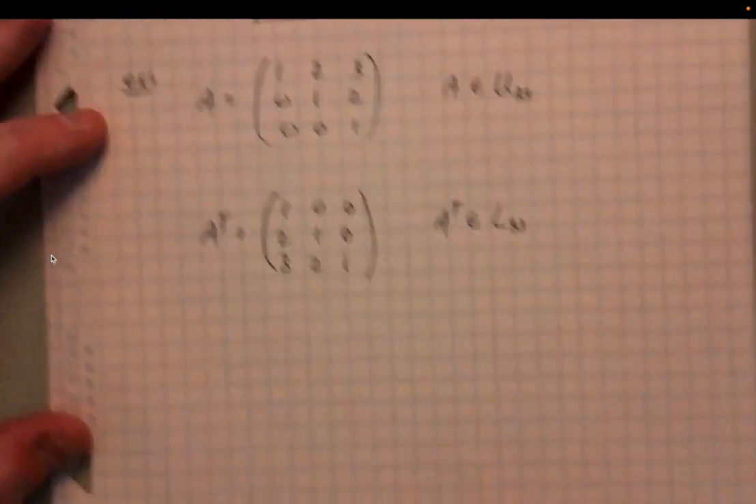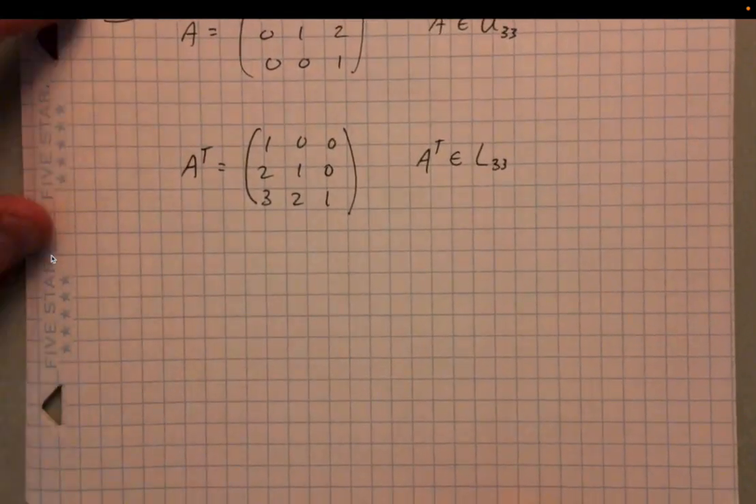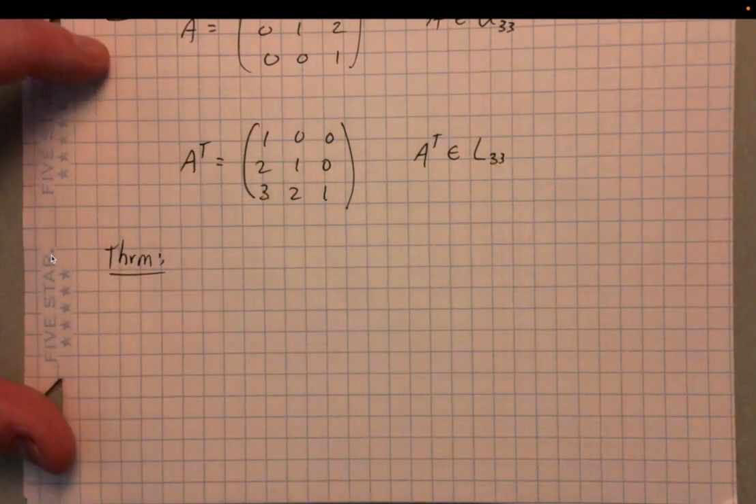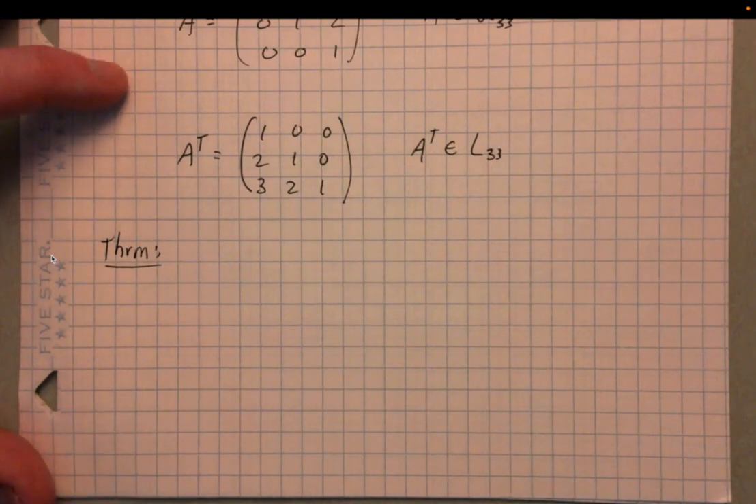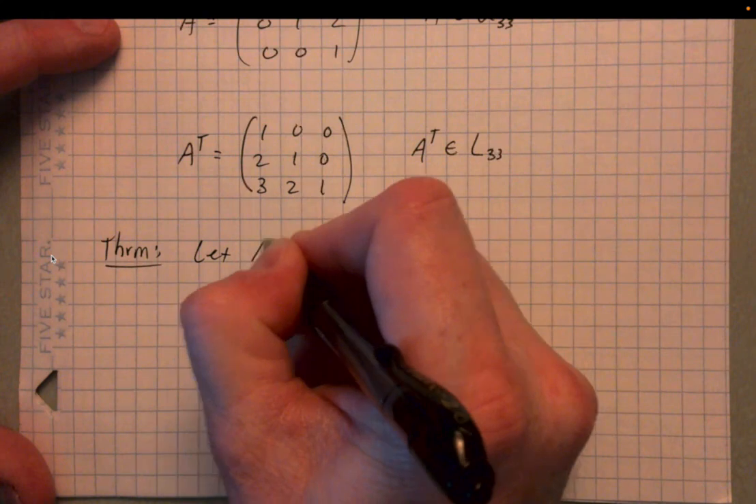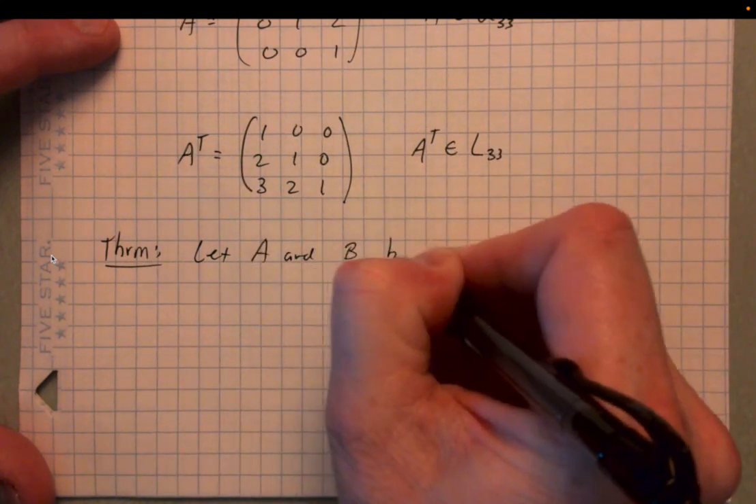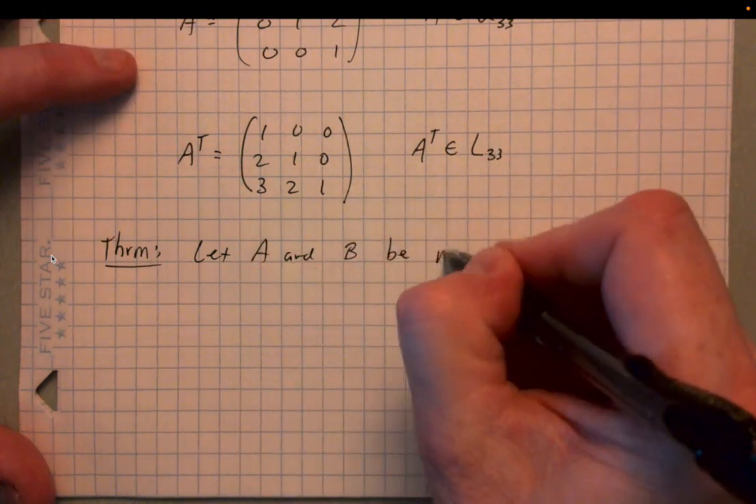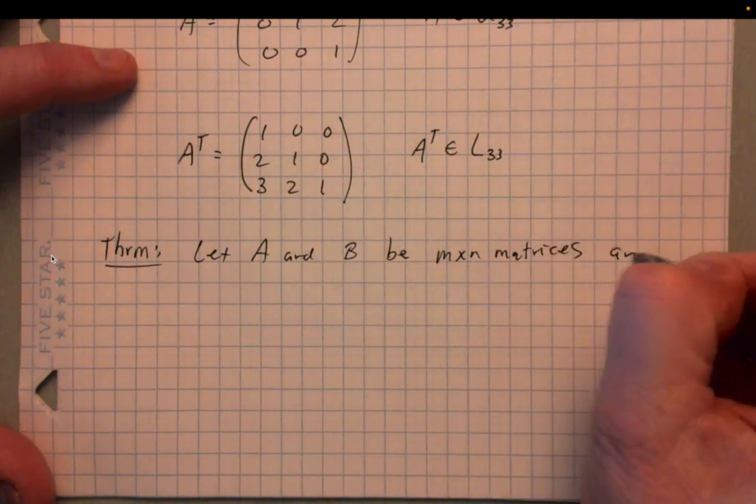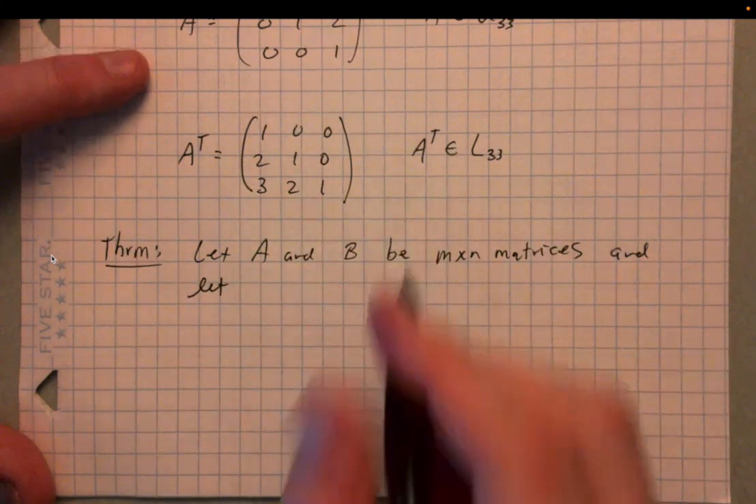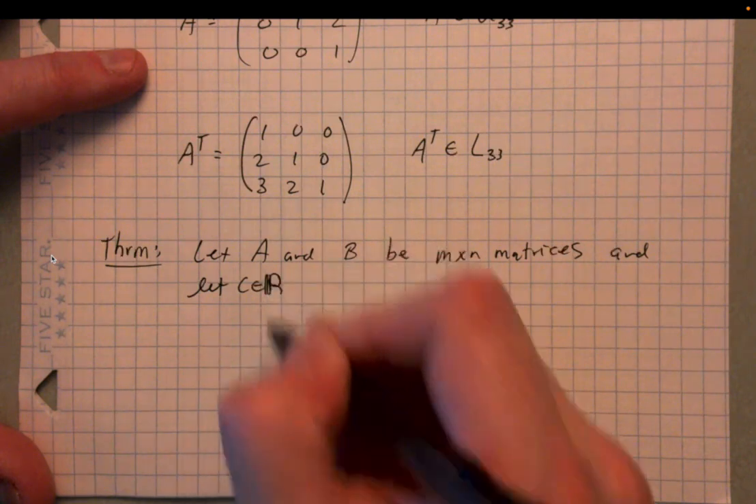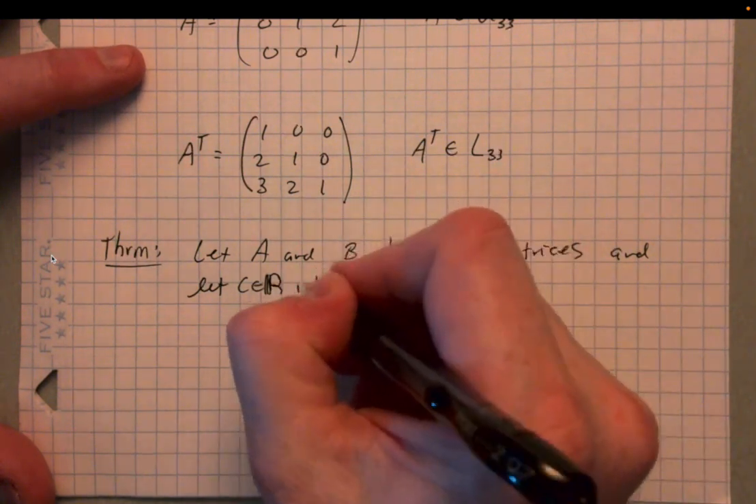Transposes will play a central role in what's to come. We'll talk about them all the time. And let's knock out a big theorem for transposes. Let A and B be m by n matrices, and let C be a real number. Then